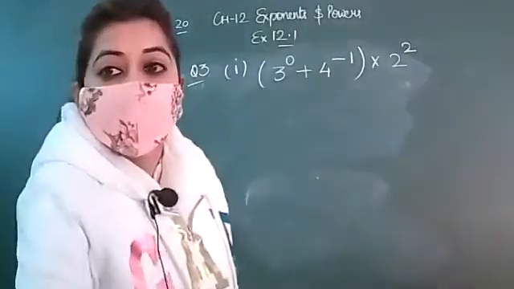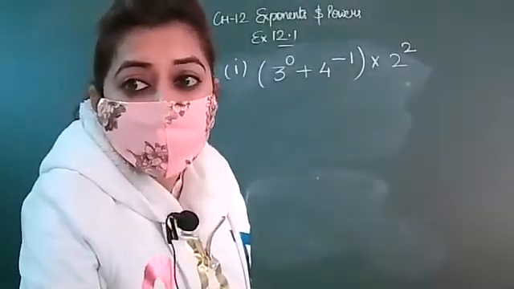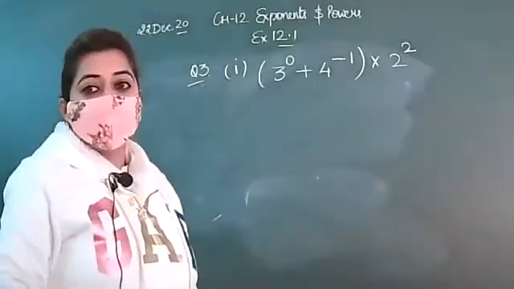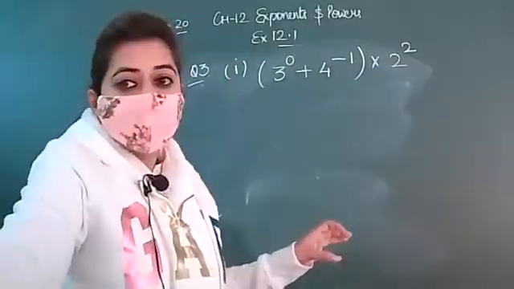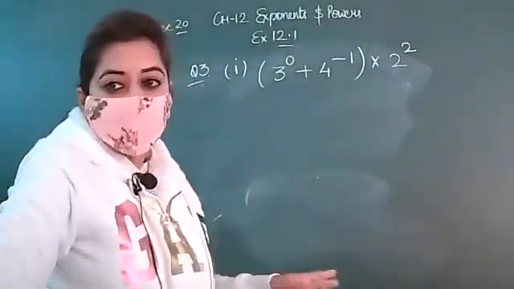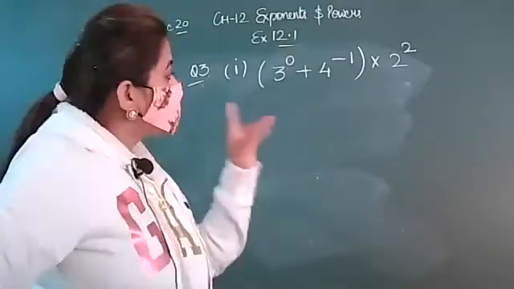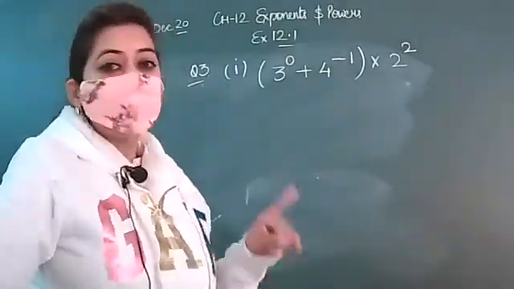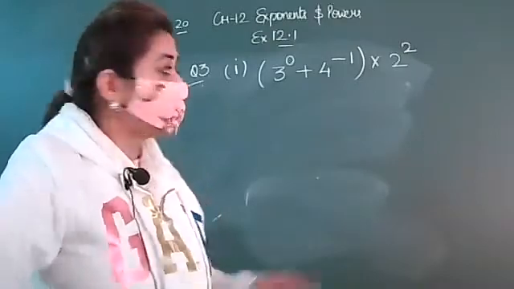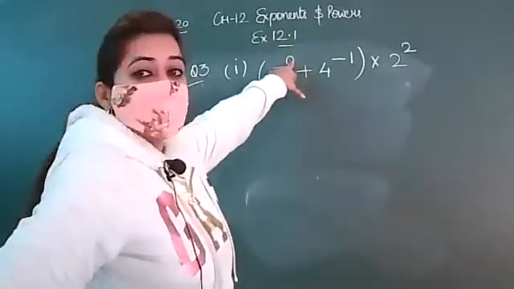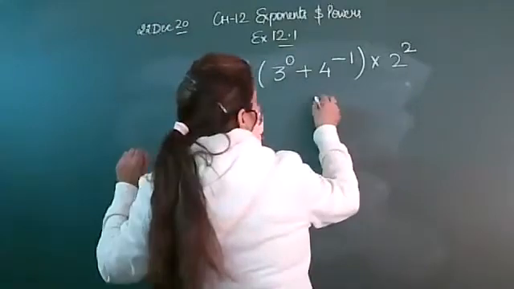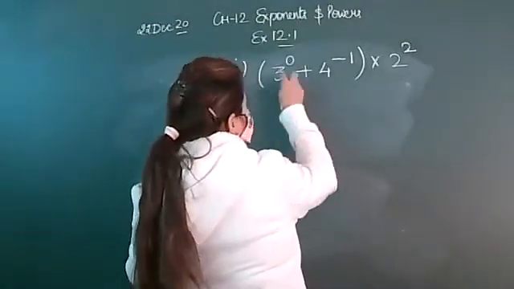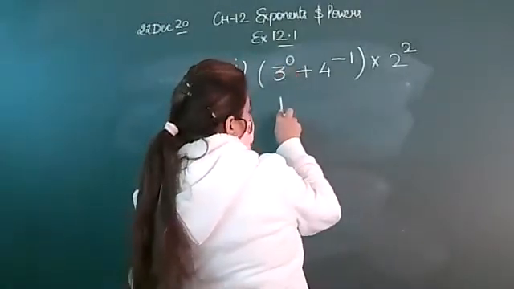Now, firstly, you have to check the question carefully. Is there any term that you can convert into an easier form? So we have one law: anything raised to power 0 is 1. So 3 raised to power 0 will give you 1. So you will write the law here. You will write the value of this term as 1.